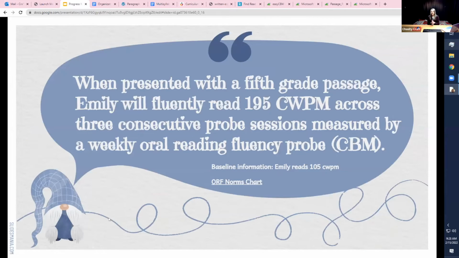Okay, so we're going to look at a reading goal. I'm going to take you through a reading goal and through this progress monitoring process. I want to take you through the reading one and model this for you so that you have an example of what this is going to look like. So let's just take